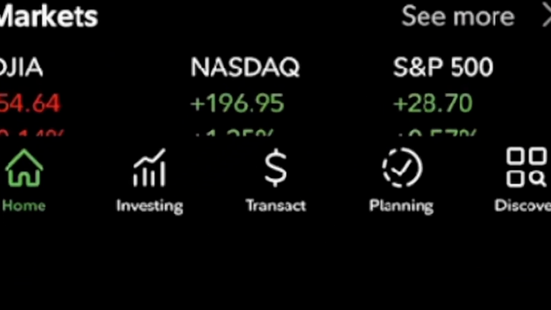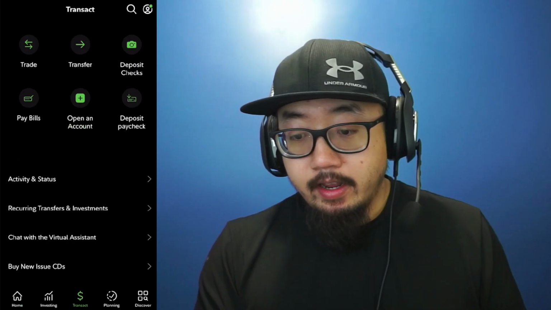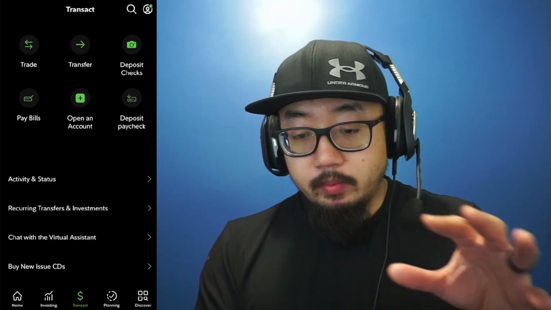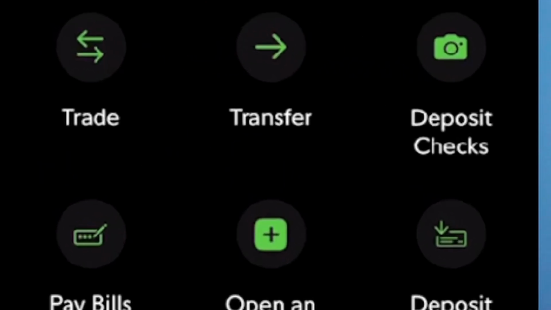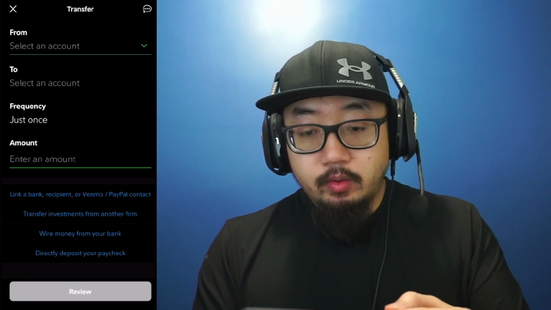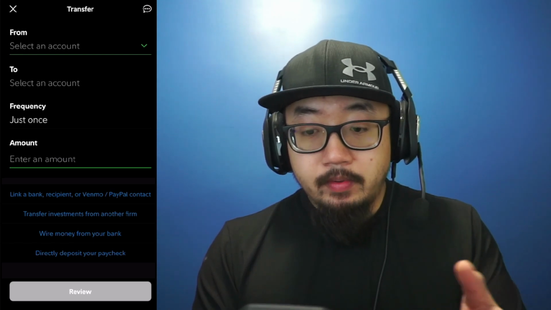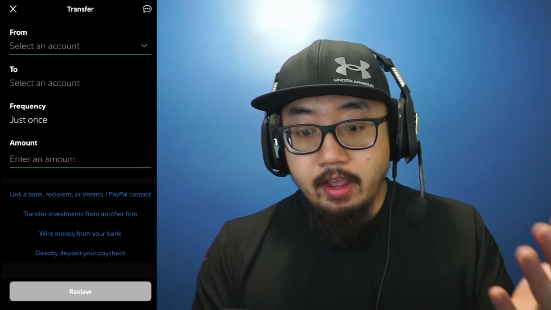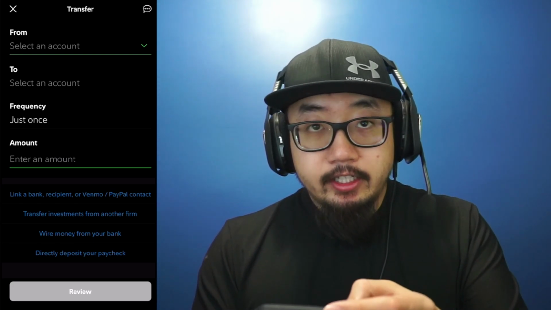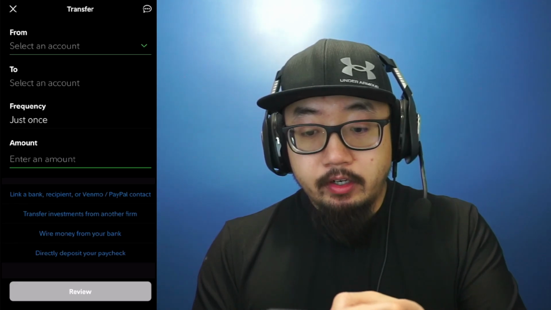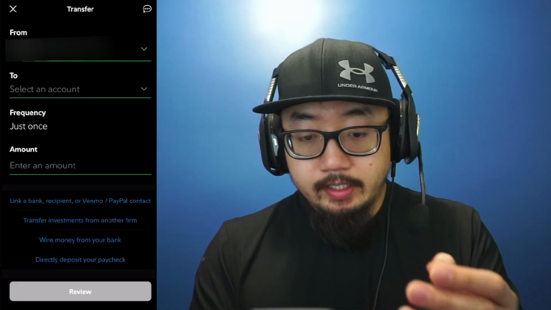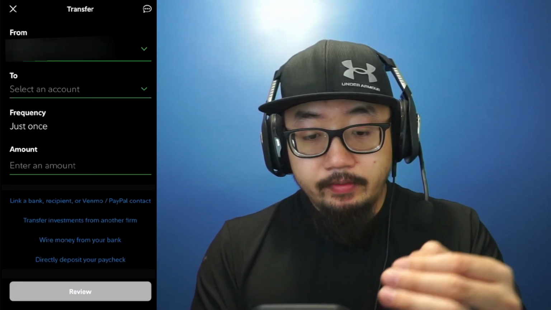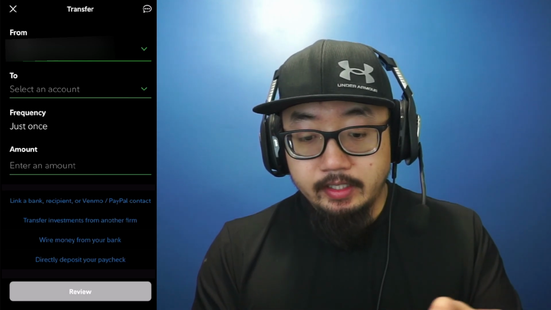At the very bottom you see multiple tabs: home, investing, transact, planning, and discover. We're going to click on transact, and from here you should see multiple options at the top: trade, transfer, deposit checks. We're going to click on transfer, and it's going to ask you where you are transferring money from. So theoretically, if you already have that bank account linked to your Fidelity account, it will show up under this drop down menu. So I selected my bank account, obviously going to blur that out for privacy reasons, and now